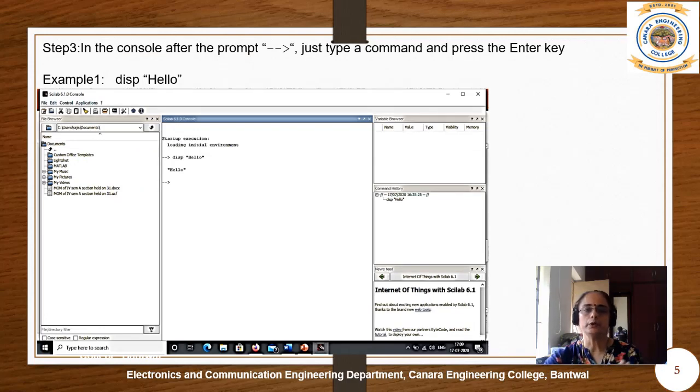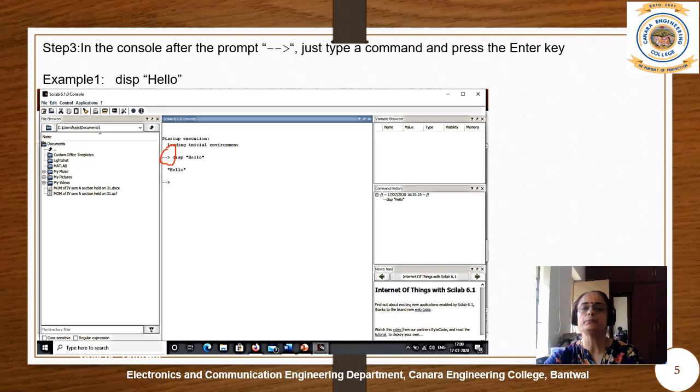Once you are in the console window, you will see a sign. This is called a prompt sign. Against this prompt sign, please type disp, and in quotes, hello.